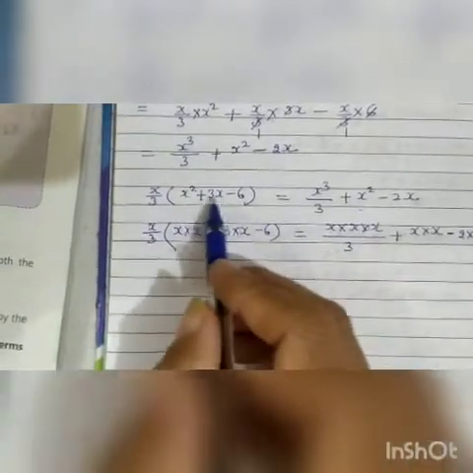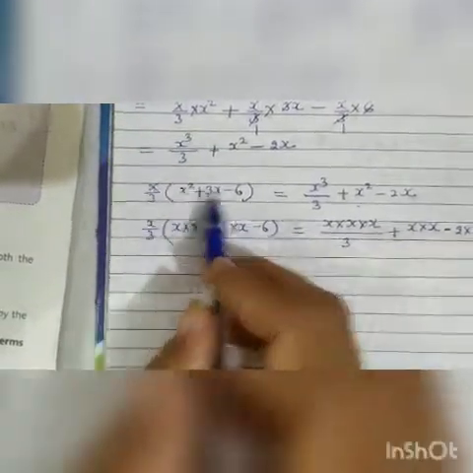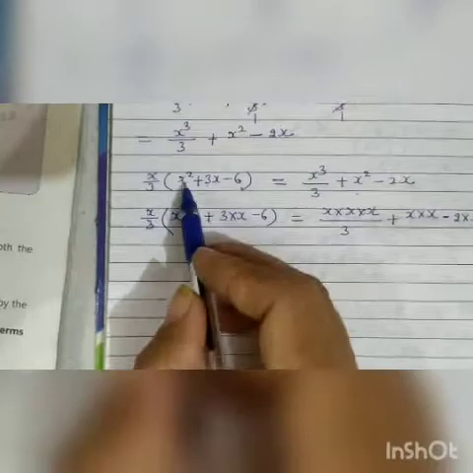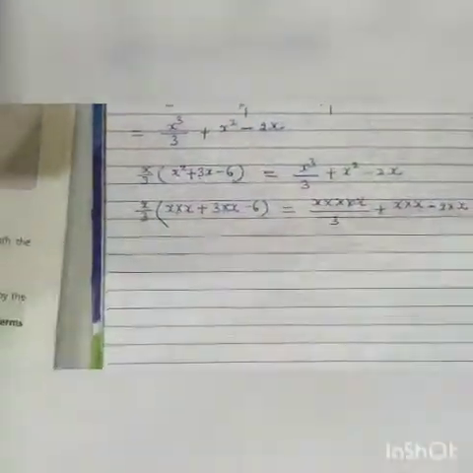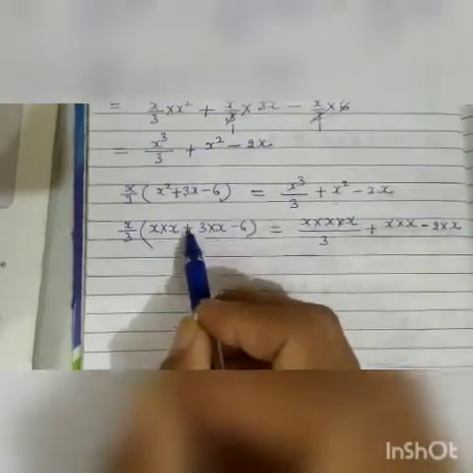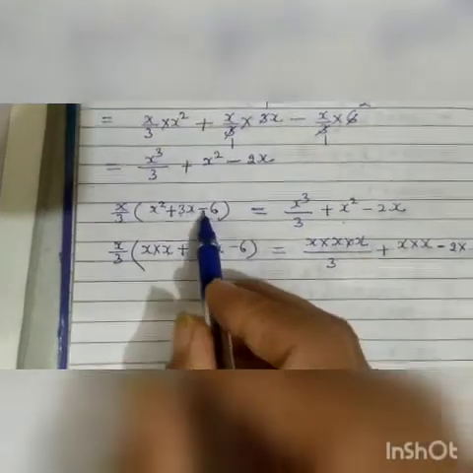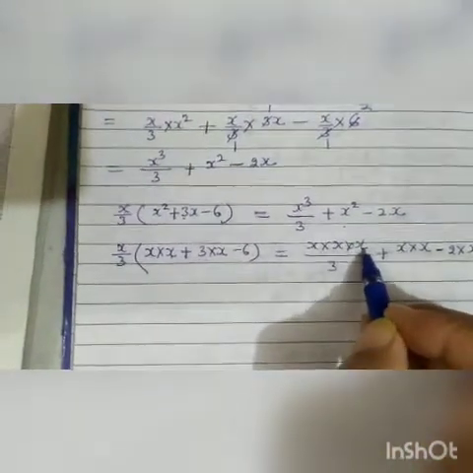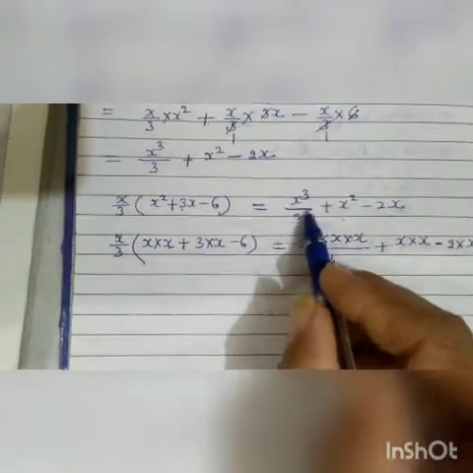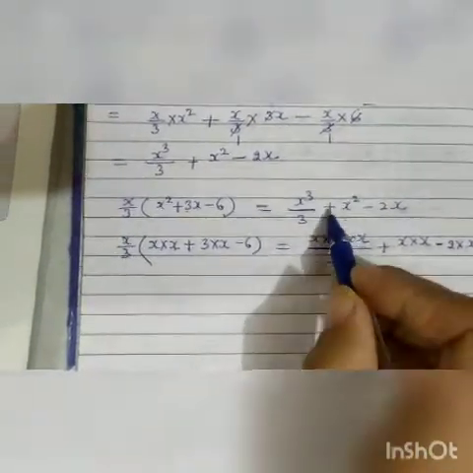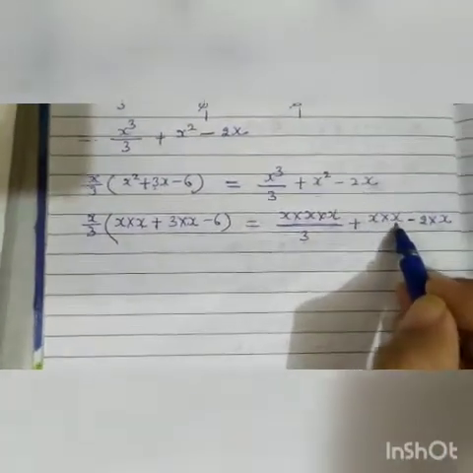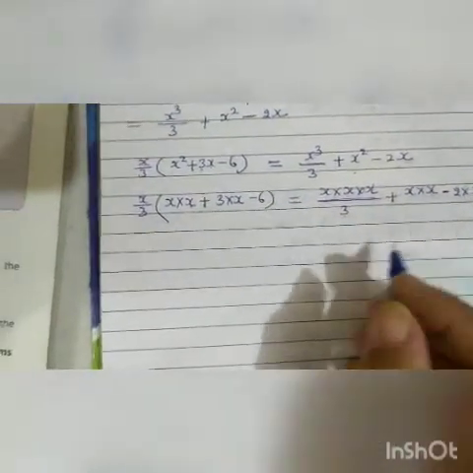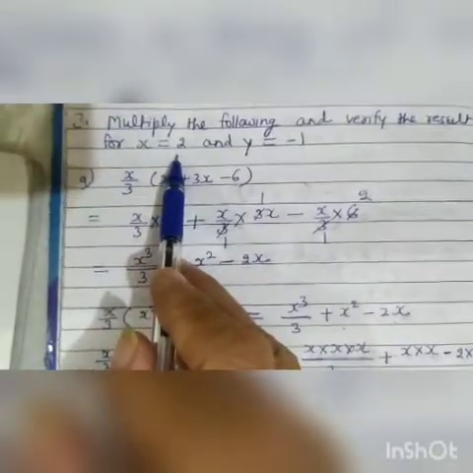So we will write this in this form. This is the question. We will write this question on the left hand side, then equal, this is its product, that is the answer. Now x upon 3, this x square will be written as x into x, plus 3x will be written as 3 into x, minus 6, equal to x cube will be written as x into x into x, we will write this x 3 times, upon 3, plus x square means x into x, then minus 2x. Minus 2x means minus 2 into x. Now we will put the value of x. The value of x is given here, 2.